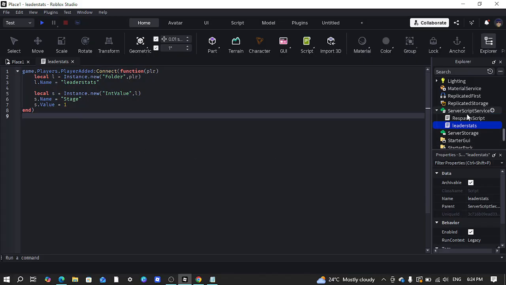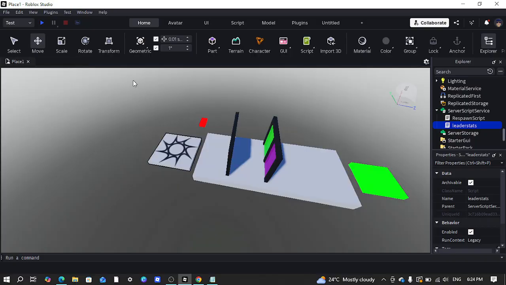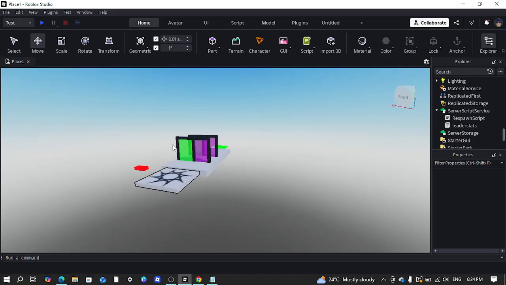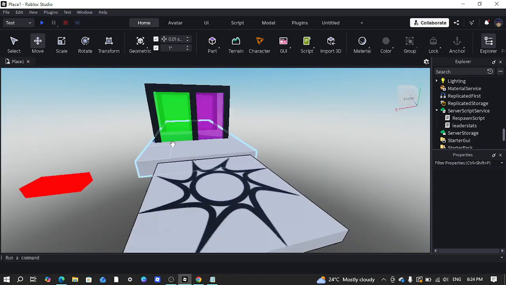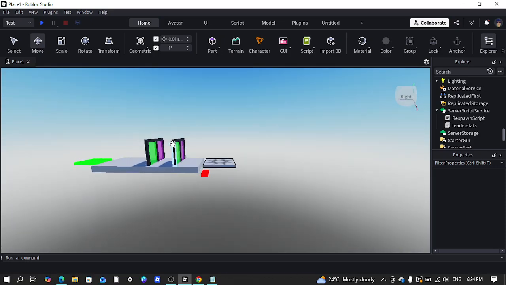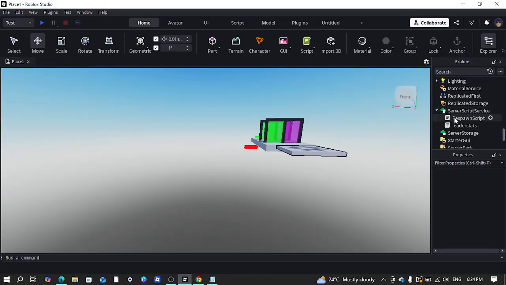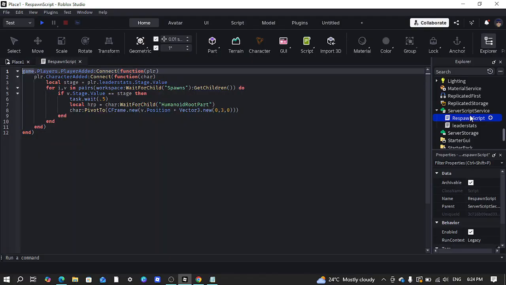And next you again add a script from here, and rename it to RespawnScript. R is capital for Respawn, and then S is capital for Script, and no space. Okay, that's super important. If one letter or capitalization or renaming isn't done, then the code won't work. And in that you double click it after renaming,